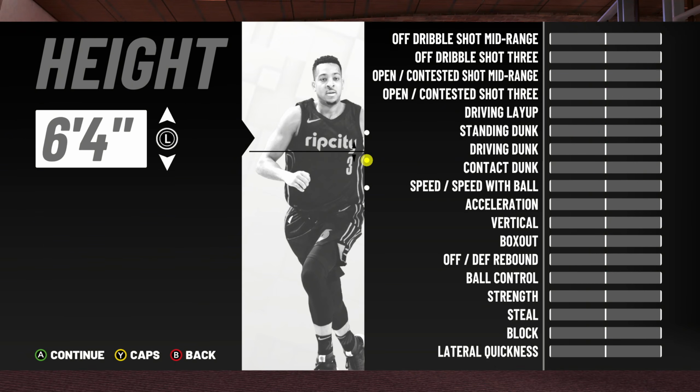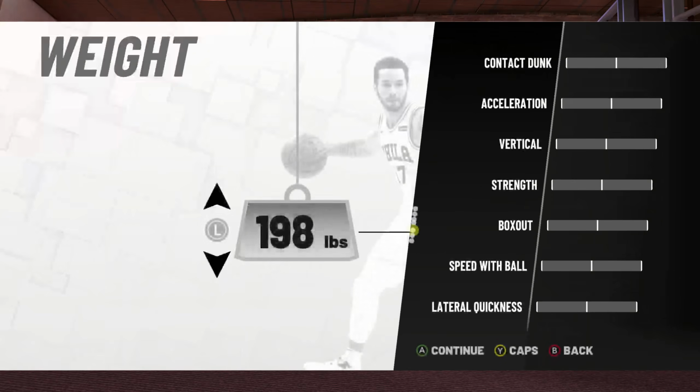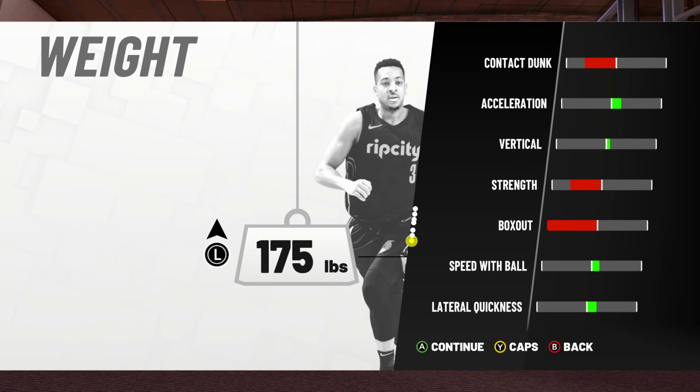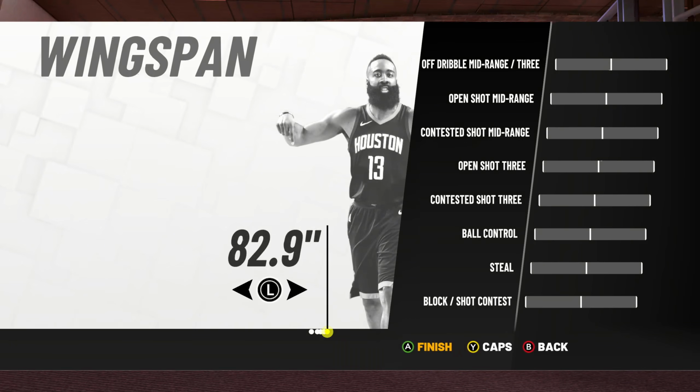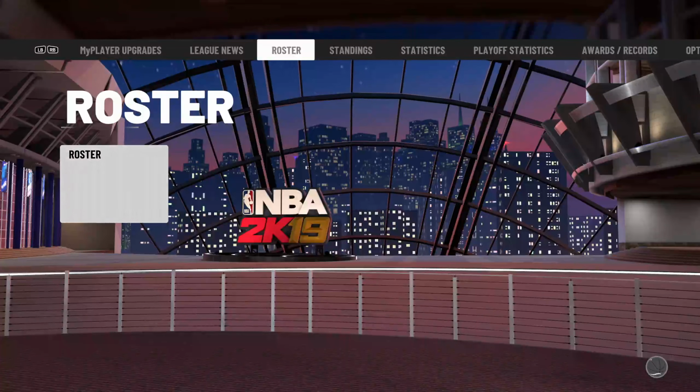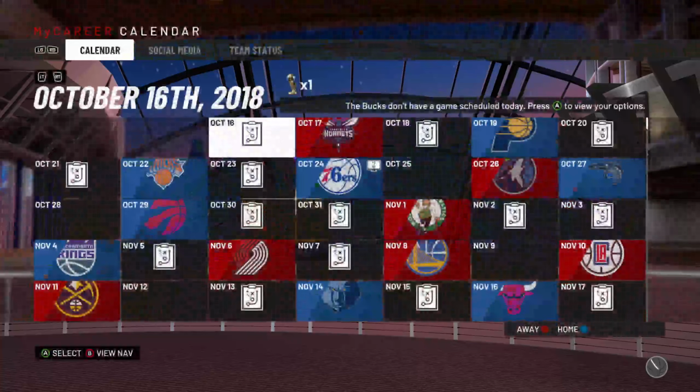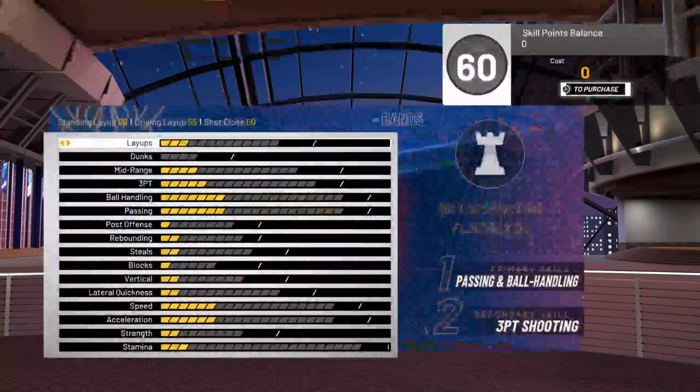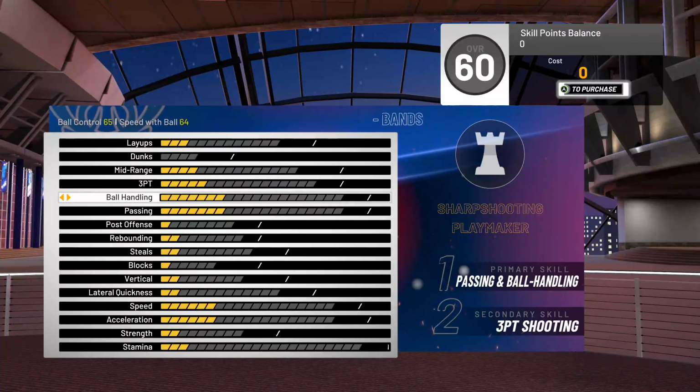Keep the height the same. You could change this at the end. I go lower weight. Leave the wingspan the same, and you could choose any team. So now when you're here, you just press the nav, and you can get here at this screen. So to upgrade your player fully,